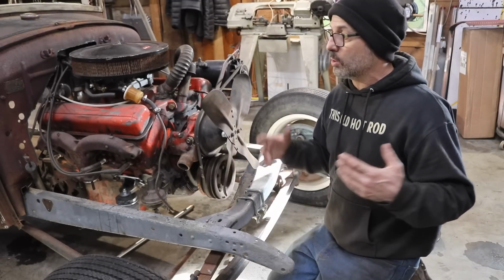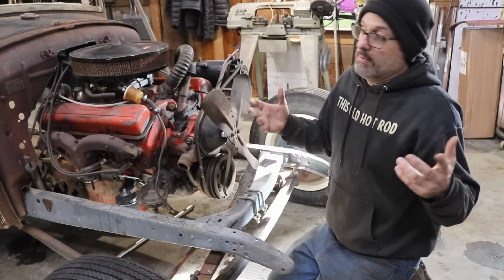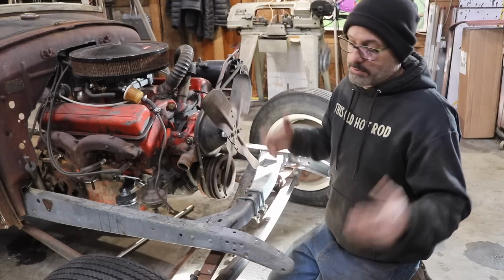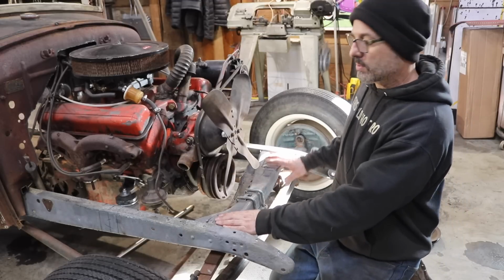It should be pretty close, so who knows, maybe in the future if someone finds a hood for this, they can maybe run a stock hood, I don't know. Or build a hood themselves for it. But, so what we're going to do is, I'm going to just double check my measurements on this front cross